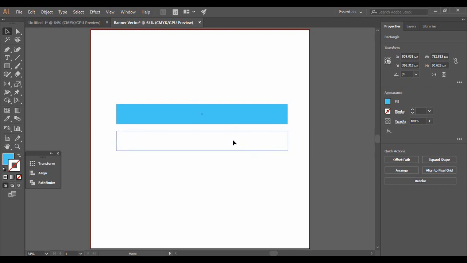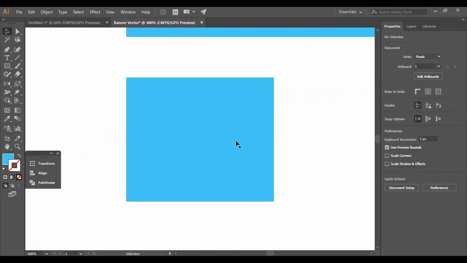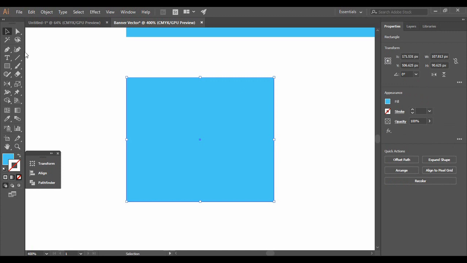Then drag this newly formed rectangle to the bottom like this and just decrease it in width to around this much. Now once you have got it, you can just zoom in so that you can get a better view of this particular shape. Then what you got to do is go to your pen tool, right click over this small arrow, and here you will find an add anchor point tool. So just click on it and just drag this add anchor point tool to a point at the center of this particular shape, and